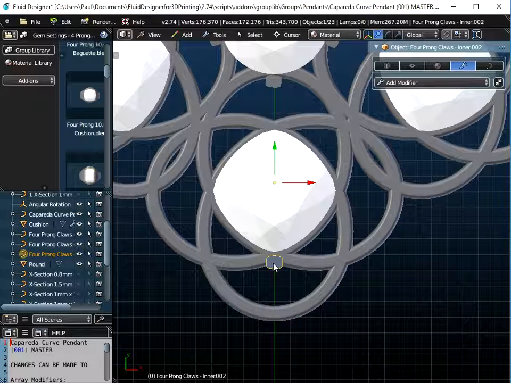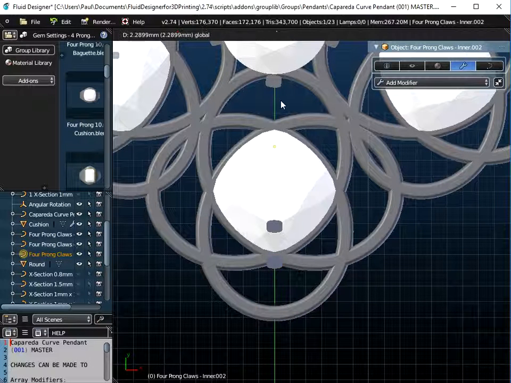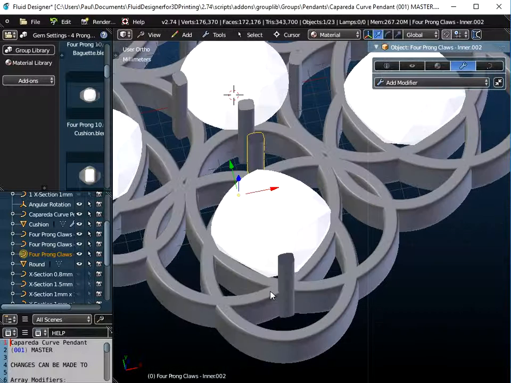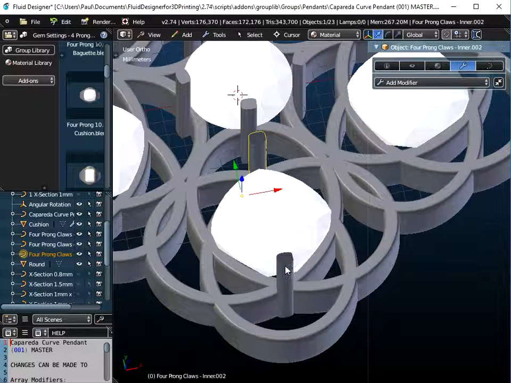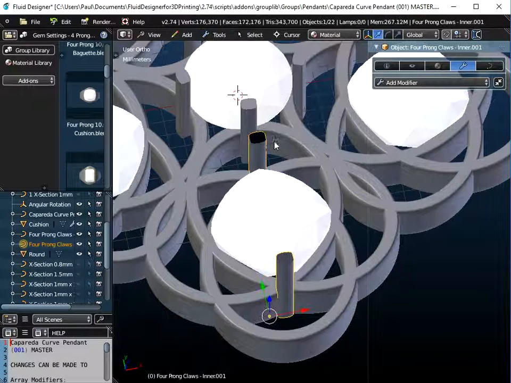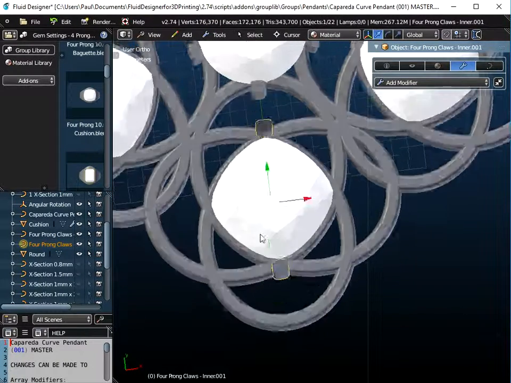so the duplicate object will be exactly the same place there. And if I just move that up now and just position it at that side, just to show you what you need to do, and then if I hold down the Shift key and select on the first prong here, yeah, so I've got the 2 prongs highlighted. If I go to Tools, Object Tools, and join the 2 of them together so they become one object,